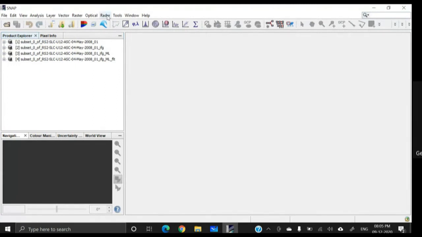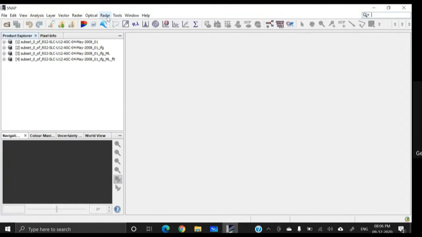Then we have to perform 3 different operations over here. First of all, we have to export the wrapped phase information. Then this wrapped phase information is necessary to be unwrapped, and then this unwrapped phase information is again necessary to be imported.